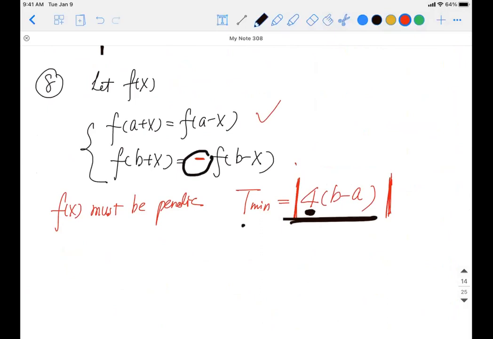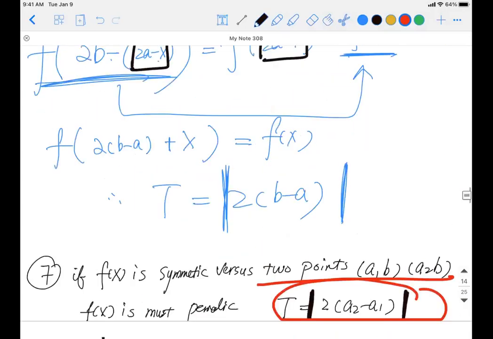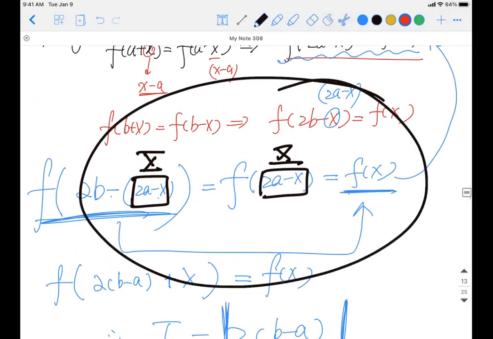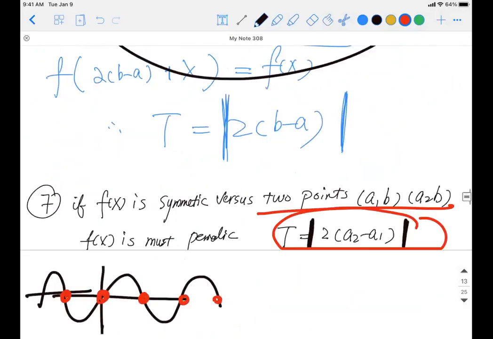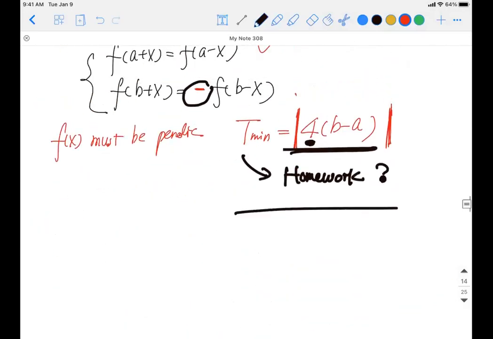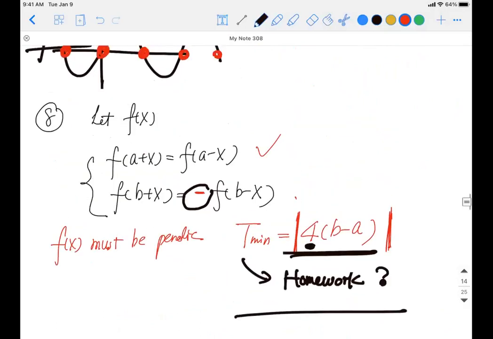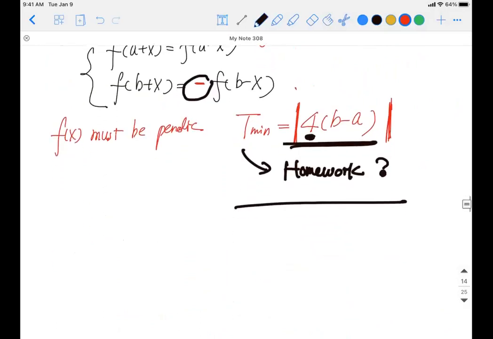This part, I'll leave it as homework. Think about how to do a proof for such a thing. We already gave the proof for the previous one, right? Very easy proof. Try to use something similar, just a very, very tiny difference, and you will be able to find this one is pretty much the same proof. So far, so good? Good. Let's go to our last property.